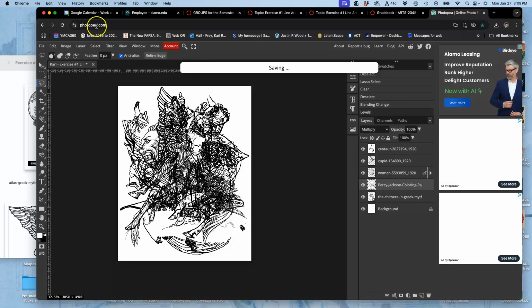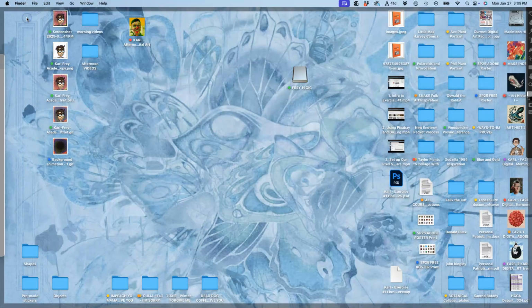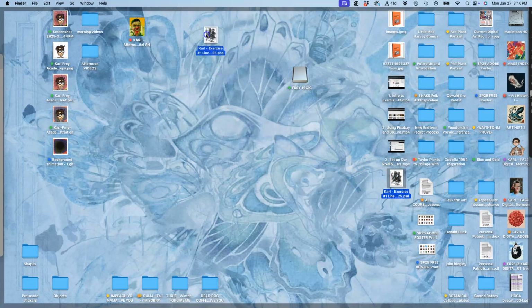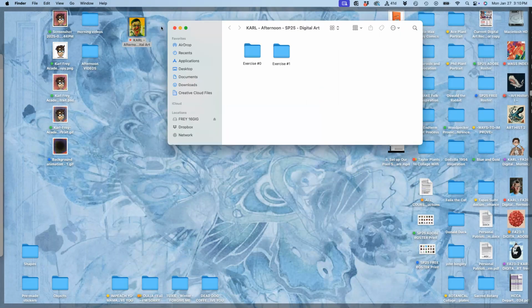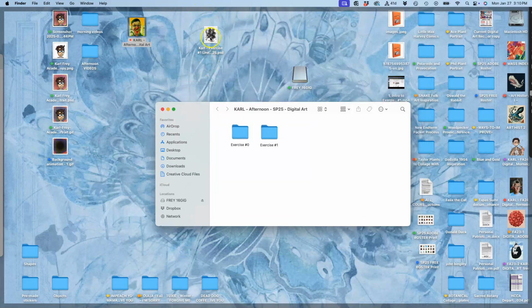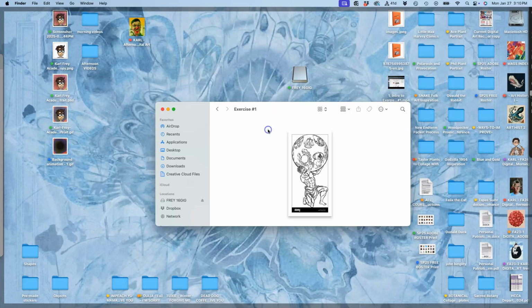Then hit save. Then I'm going to look at my desktop. I'm going to find it. It's right here. I'm going to open up my master folder. I'm going to put it into my exercise 1 folder. And to differentiate it from my other